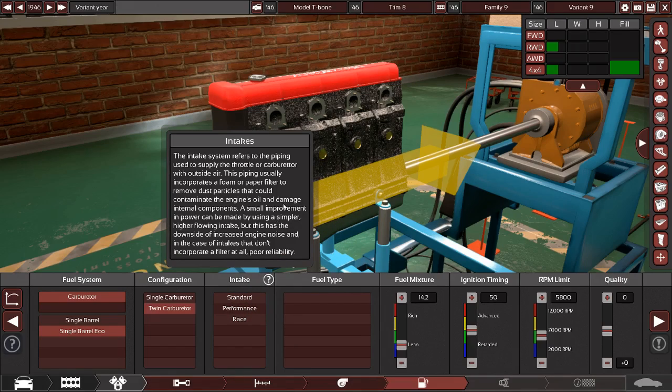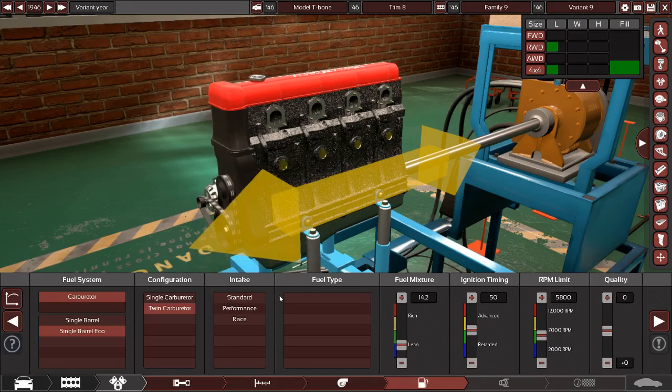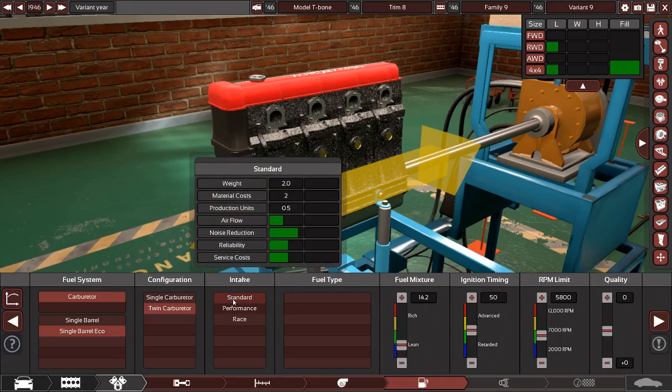So this is the intake. Piping used to supply the throttle or carburetor with... Okay, so the air from the outside that's pumped through all the gas. Okay. We should use a standard carburetor because... Actually...